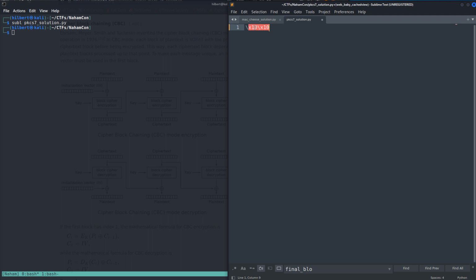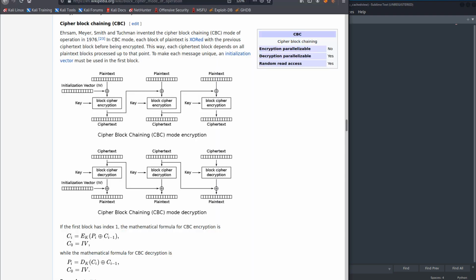So this is in hex. So this is 16 in hex. So it'll be this 16 times. So it'll be a whole block of padding. Now the way padding oracle attack works is, let's say